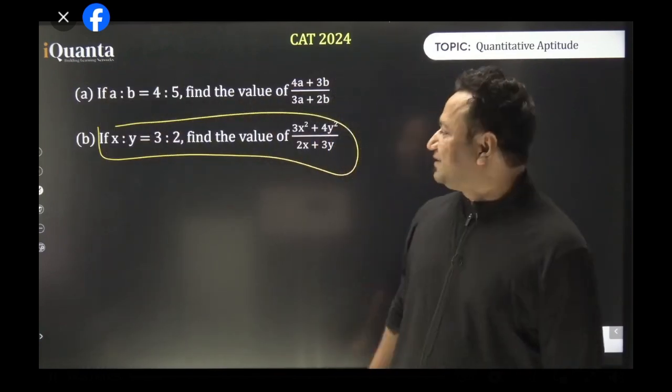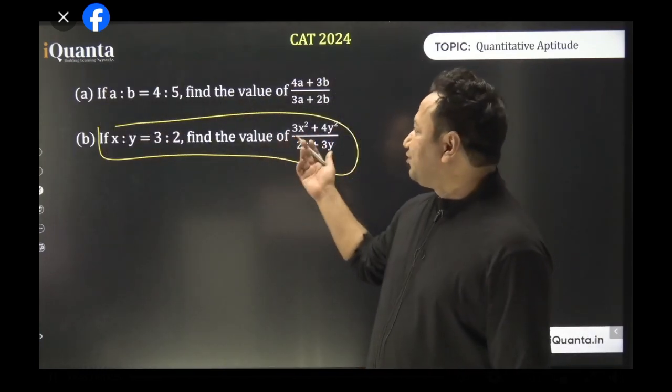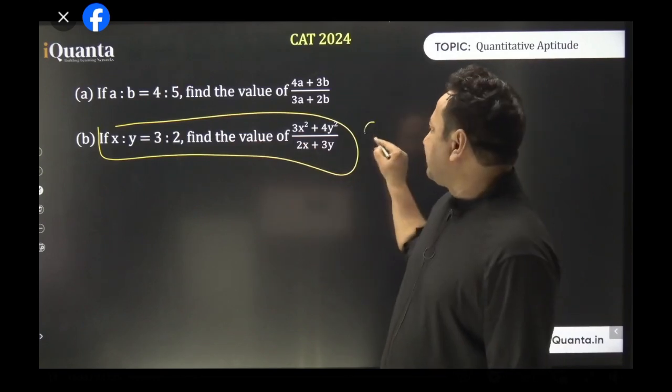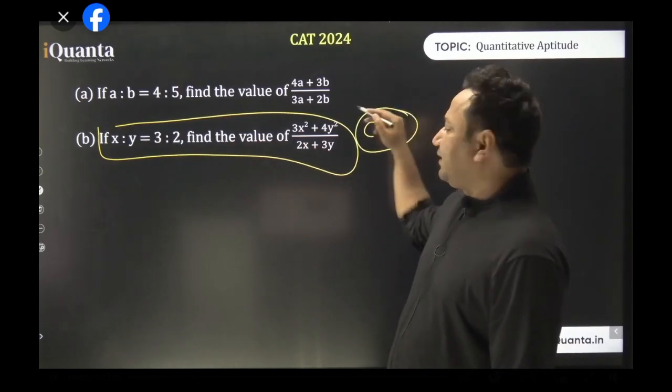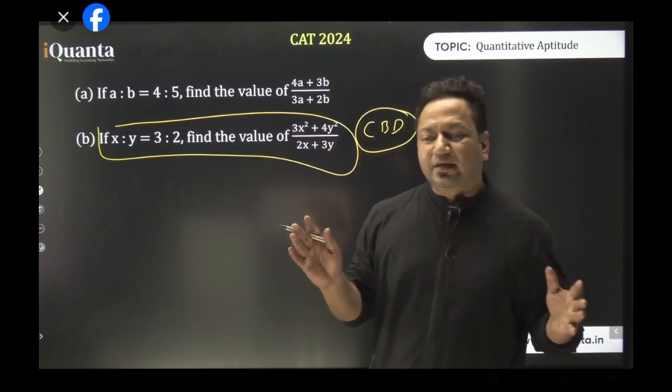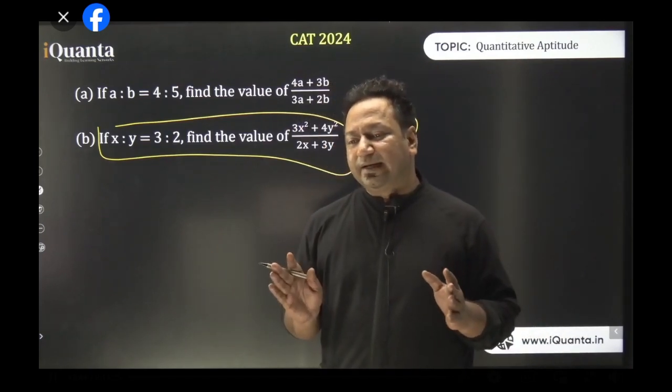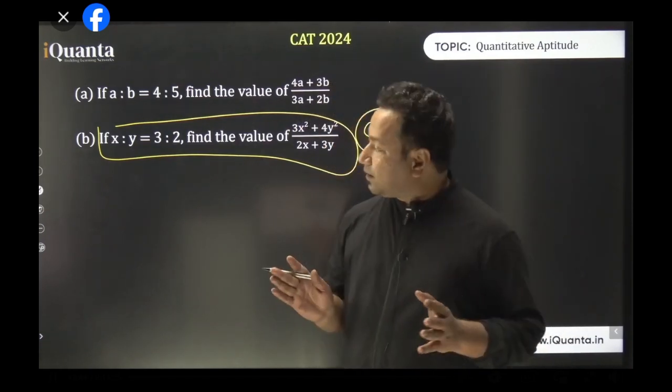Everyone must be thinking it's a small thing. Directly let's put 3 in place of x and 2 in place of y and get the answer. But the answer is cannot be determined. You cannot determine the value here. I'll tell you why. If you do it by taking k, 1 k will remain, isn't it? 1 k will remain. It won't be cancelled.